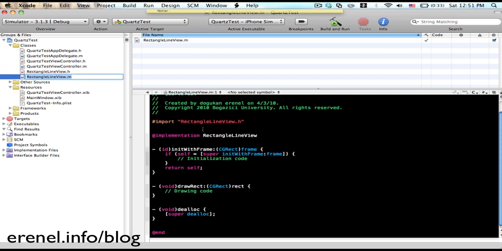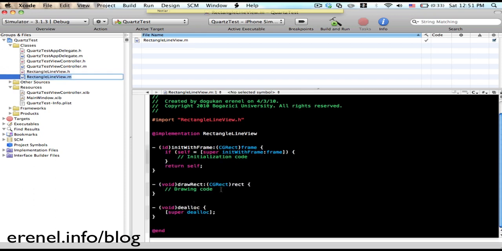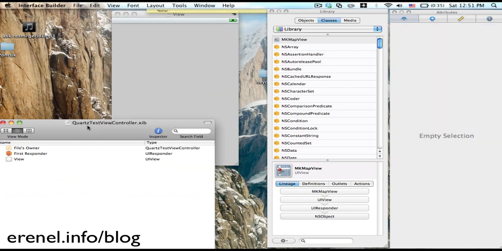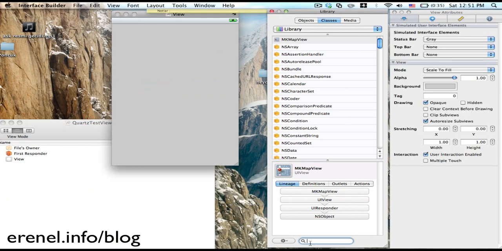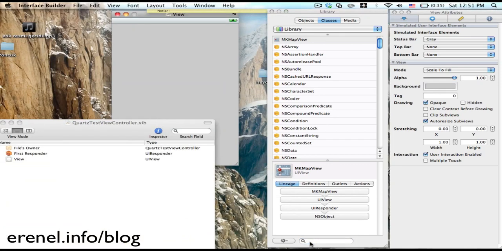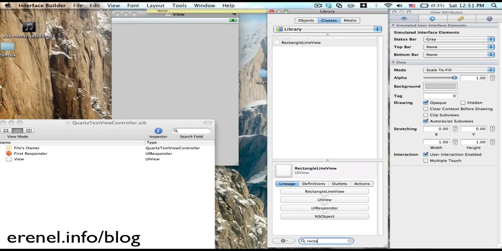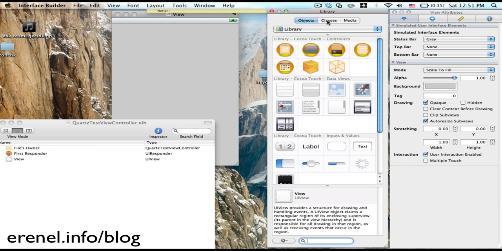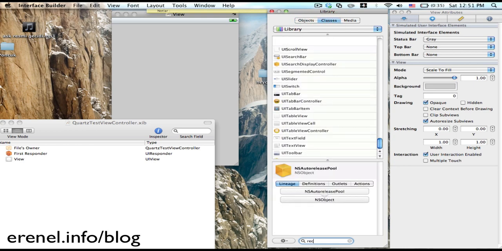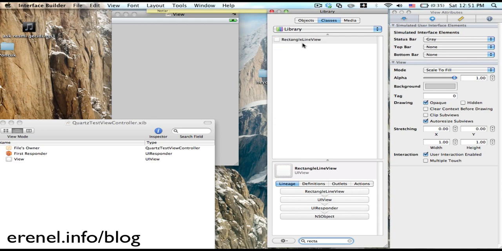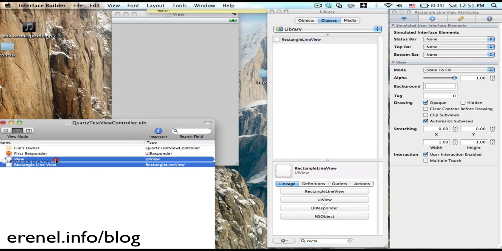And if you check the M file, you can see drawRect and initWithFrame. We are going to draw our rectangle in the drawRect method, and before doing it we can add our view here. What do we name it? RectangleLineView. You need to add the class because you cannot see the object. Add it here to the view,